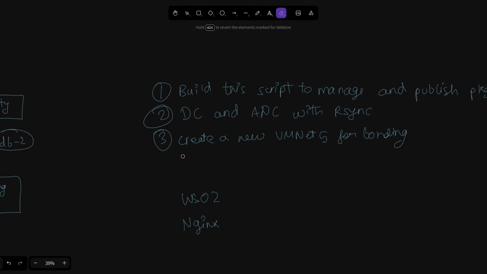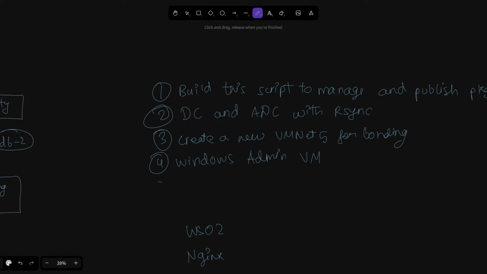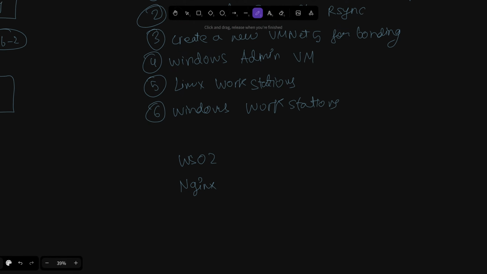So Windows admin VM, Linux workstations, Windows workstations.